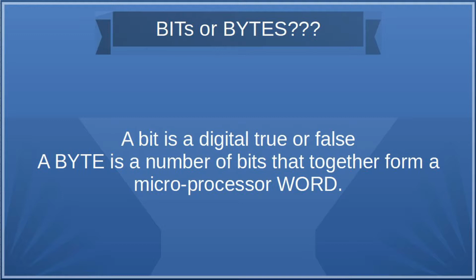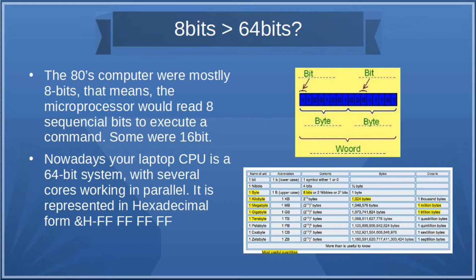Now, there is some debate on how many bits together form a byte. You're going to hear a lot about 8 bits together forming a byte. That is not always true. Why? Because